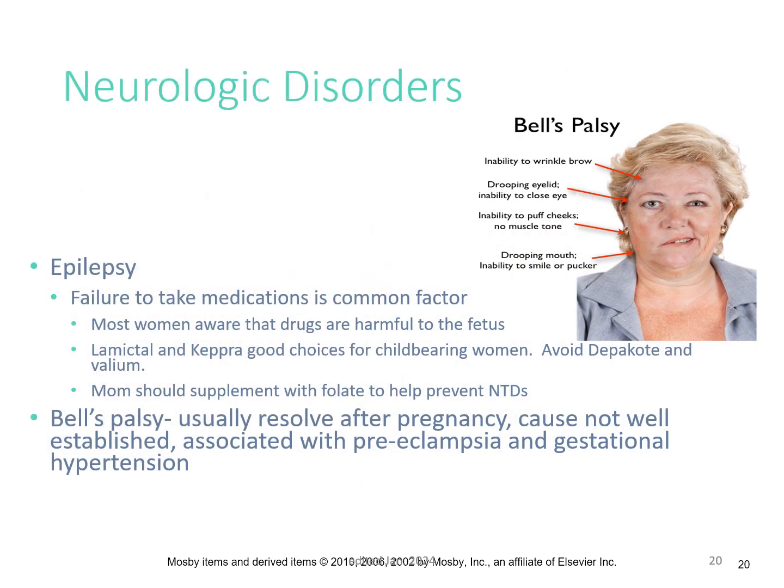Neurologic disorders. There are a lot of neurologic disorders a patient may have. One of the most common ones is epilepsy or a seizure disorder. If a patient has a seizure disorder, one of the biggest problems that we have is patients don't want to take their meds. They're always afraid that their medications are going to cause problems with the fetus, and it could. So a lot of times they are not compliant with their medication because of that. So we want to look at their medication list and change it if necessary.